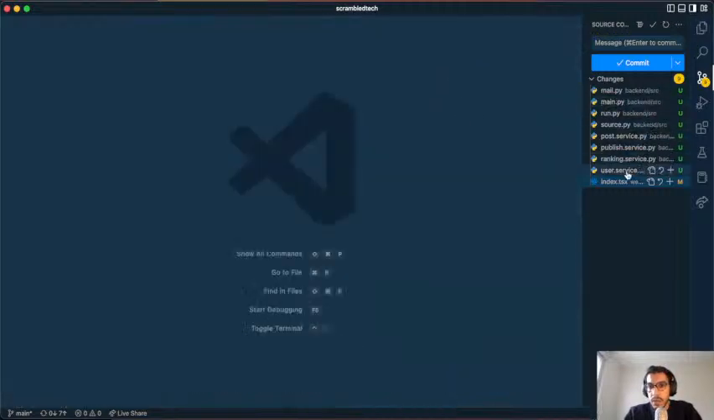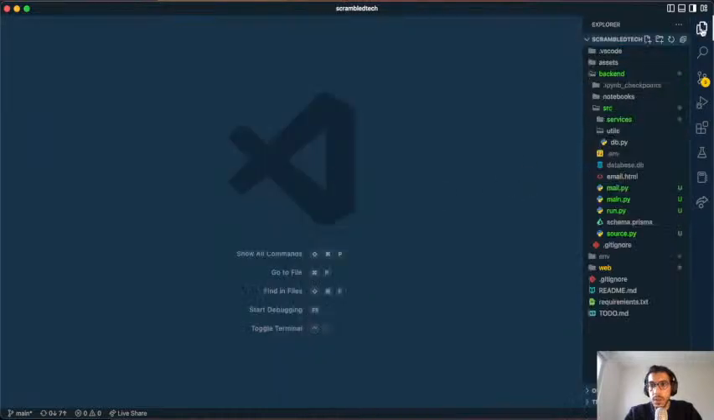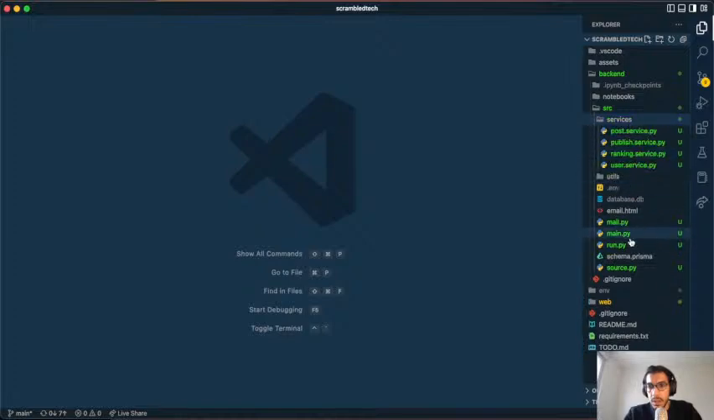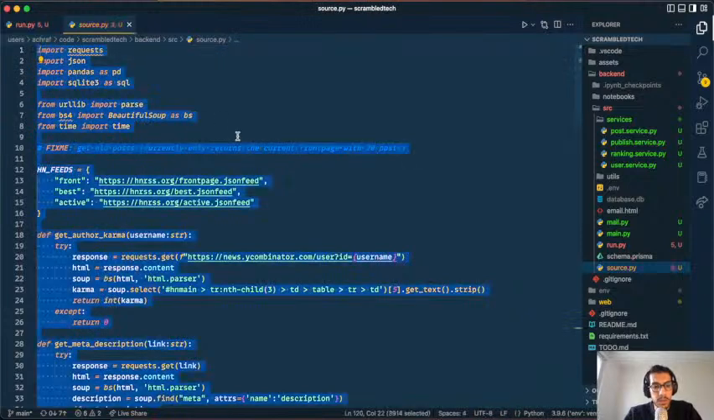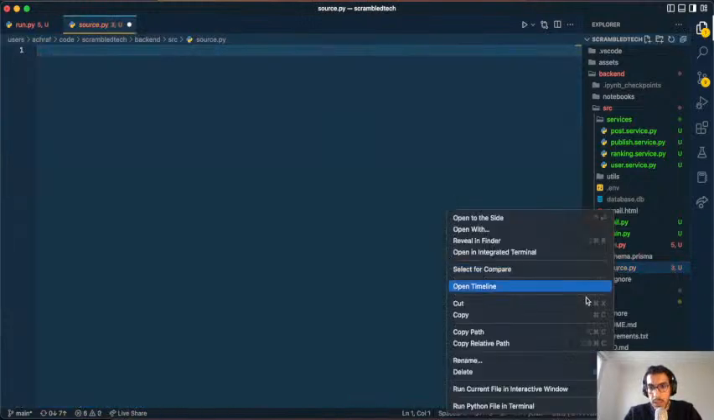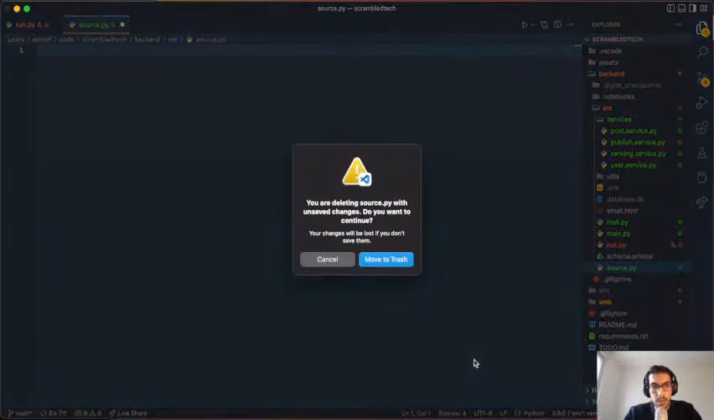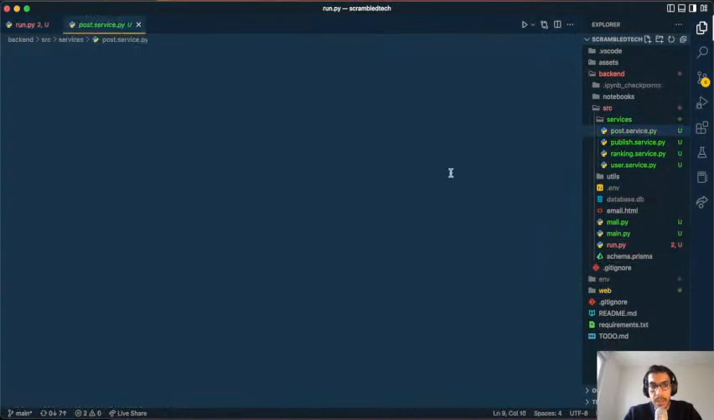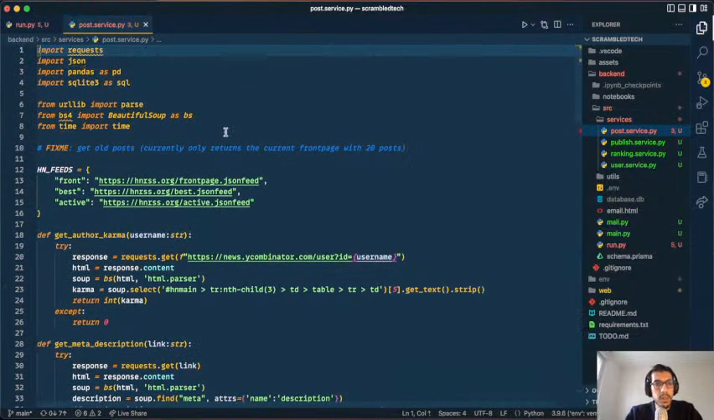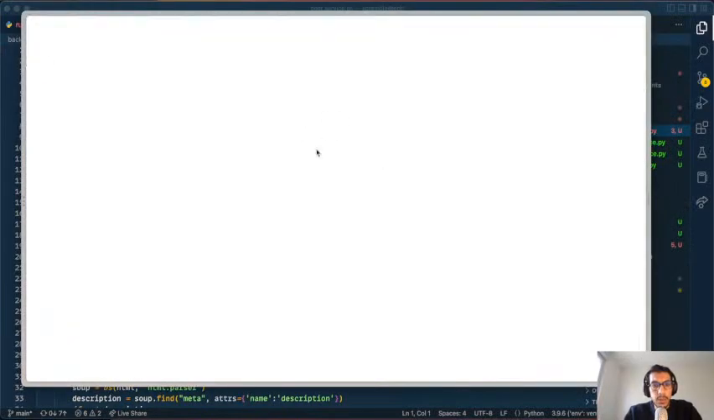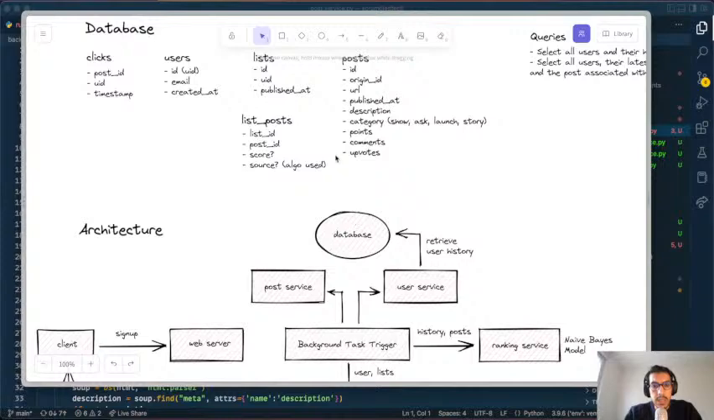What we could do now is look at some of these services that we need to build. I guess there are a lot of things I can do. We have this source file with all this code that I'm going to take and put in my post service. So let's look at what it will look like. Okay, so what we want in this post service, I guess, is